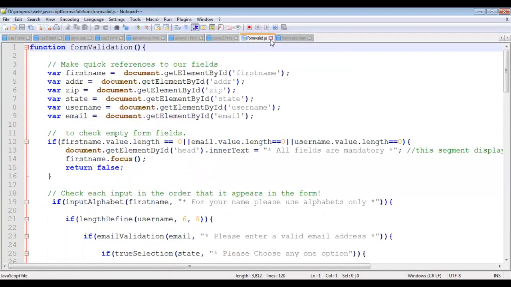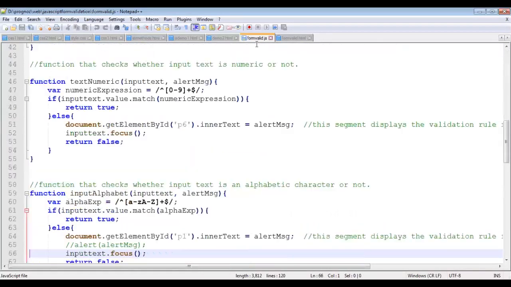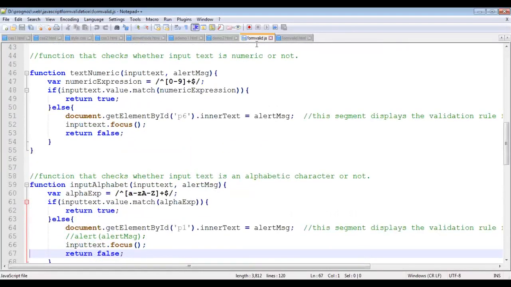Here I have created the external JavaScript file as formvalid.js. Just take a new notepad file and save it as formvalid.js. .js is the extension for JavaScript files. Then in this file, you need to create all the functions for performing the different functionalities.